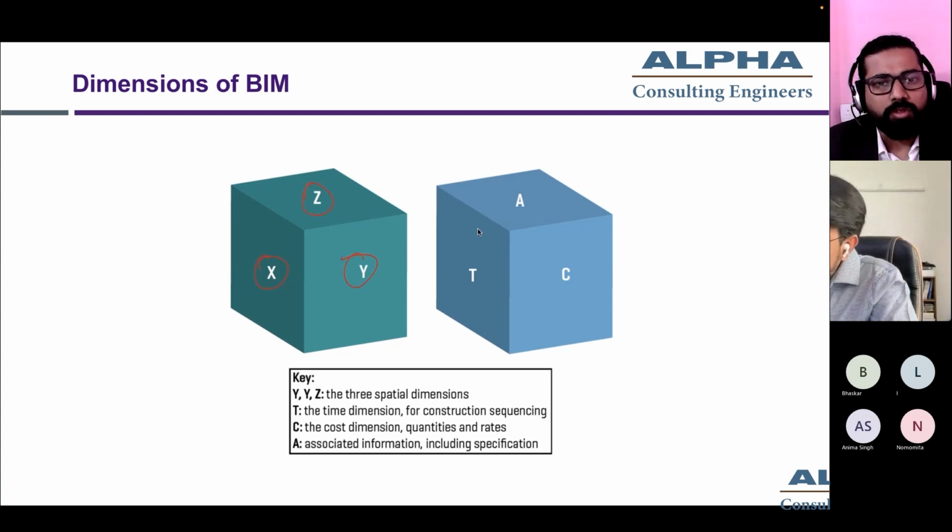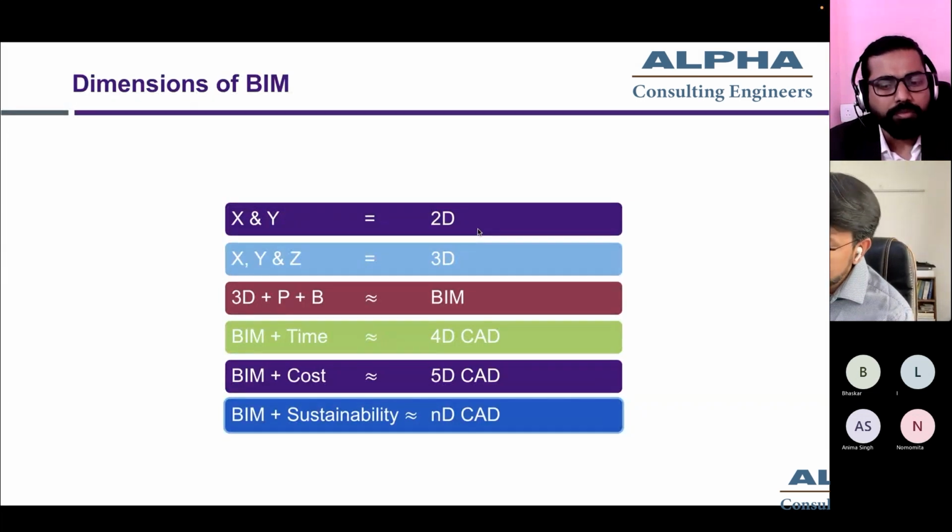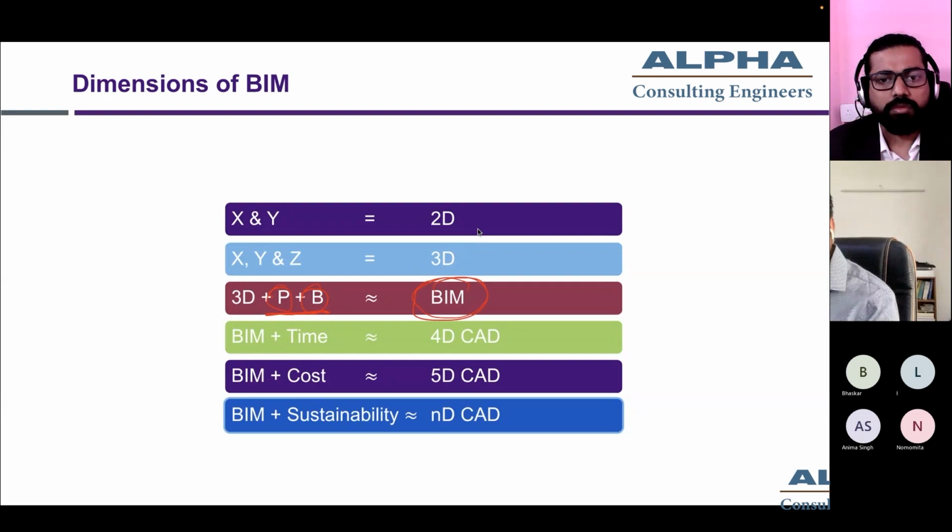So BIM is also about the associated information, the cost and time dimensions, etc. So just 3D has been there all around from, let's say, 30, 40 years ago. 3D modeling was there, still 3D modeling is there, and 3D modeling is still popular. But when you are attaching the properties and behaviors with the 3D model, then we are able to call it the information model or building information model. And